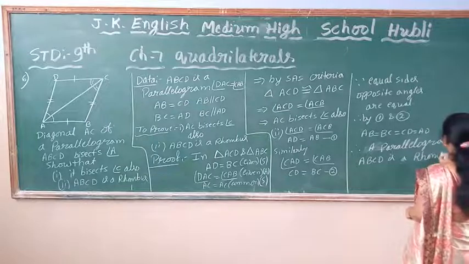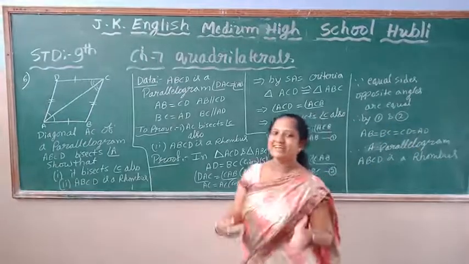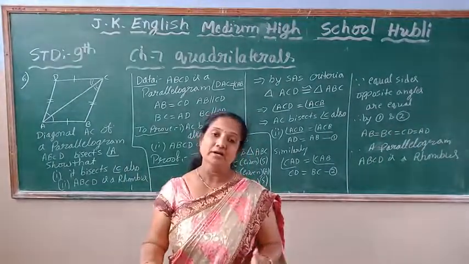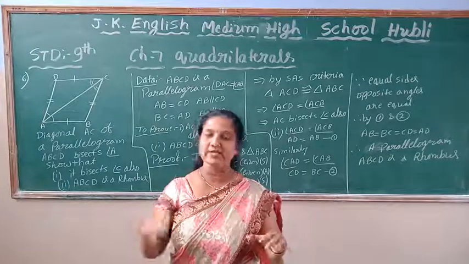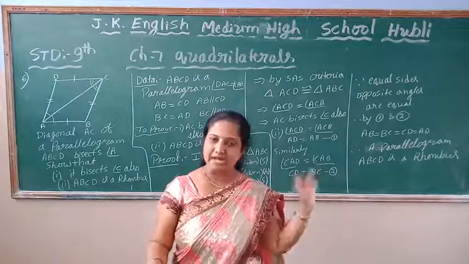If all sides are equal, then it becomes a rhombus, children. Okay, children? Write down in this manner you have to prove it. How a parallelogram's diagonal, if it is bisecting one angle, it bisects another angle also, and it becomes a rhombus. I have proved, children. Write